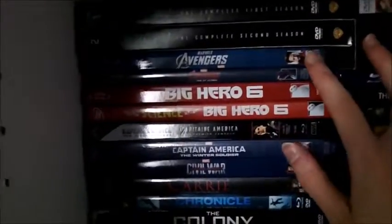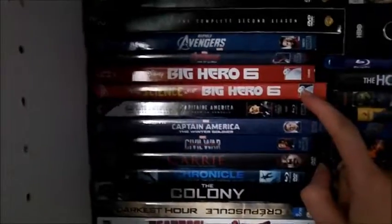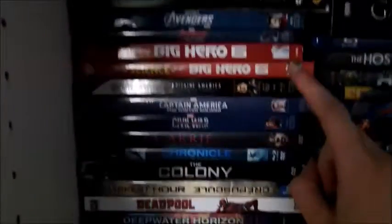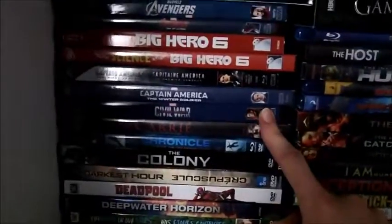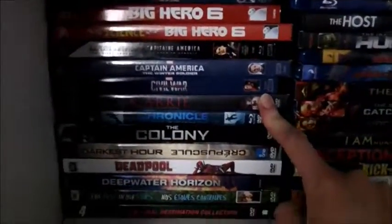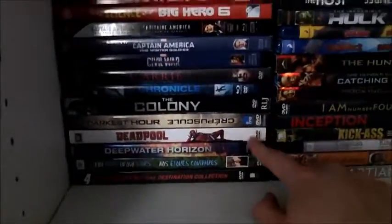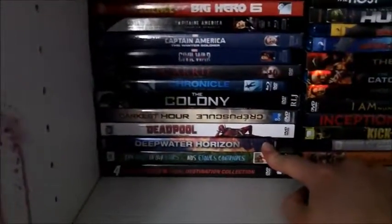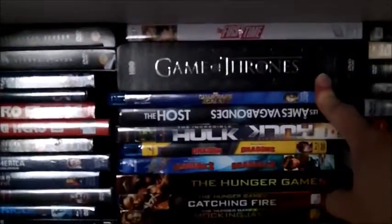I have the Avengers, Avengers: Age of Ultron. I have Big Hero 6 and the Science of Big Hero 6. I then have Captain America: The First Avenger, Captain America: The Winter Soldier, and then Captain America: Civil War. Carrie, Chronicle, The Colony, The Darkest Hour, Deadpool, Deepwater Horizon, The Fault in Our Stars, the first 4 Final Destination movies. I have up here The First Time, and then I have Game of Thrones Season 1,